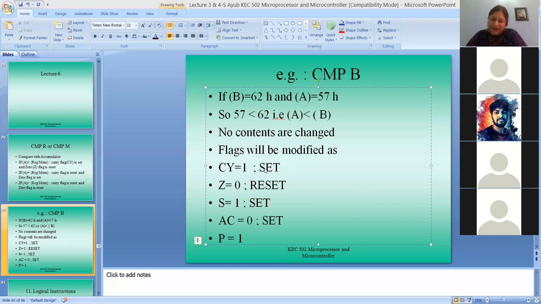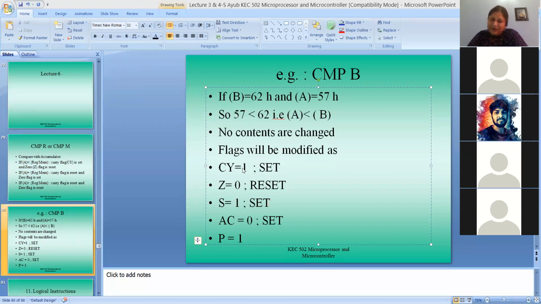So who tells you whether the accumulator contents are less or not? Generally, it is the carry flag and the zero flag. If contents are equal, then the zero flag will be set to 1, telling you that both the numbers are equal. That's why your subtraction result was 0, and that's why your zero flag was set to 1. But if it is not set, then you have to check with the carry flag.